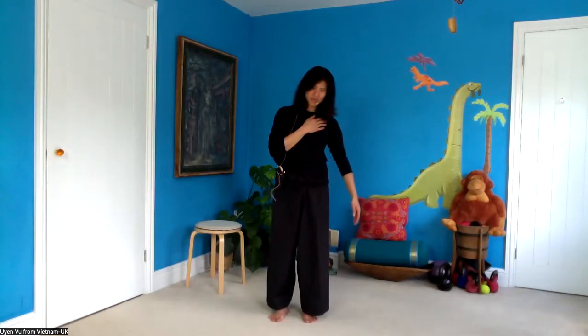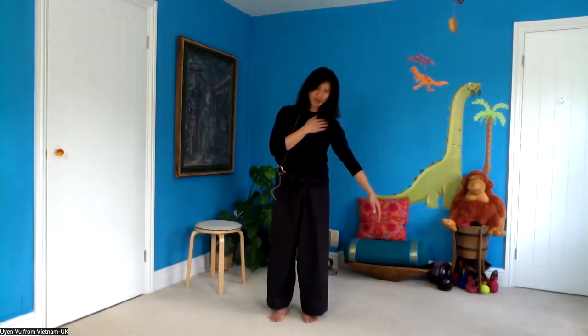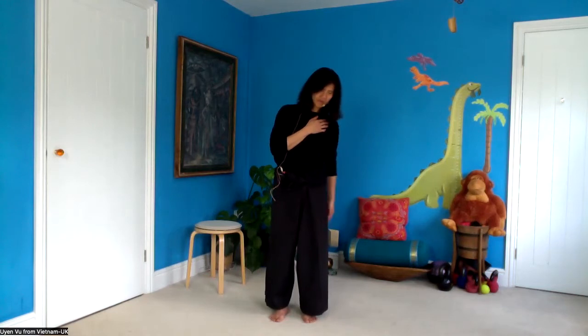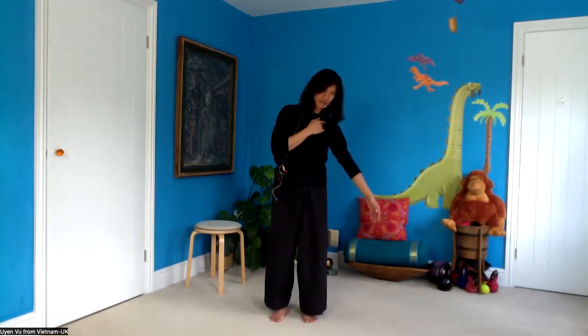And backward a little bit, how does it feel when my arm is in this position? How do I feel when the arm is away from my body, toward my body? Diagonal, how does it feel? So move around and find, so you would like to differentiate the feeling between each different angle of